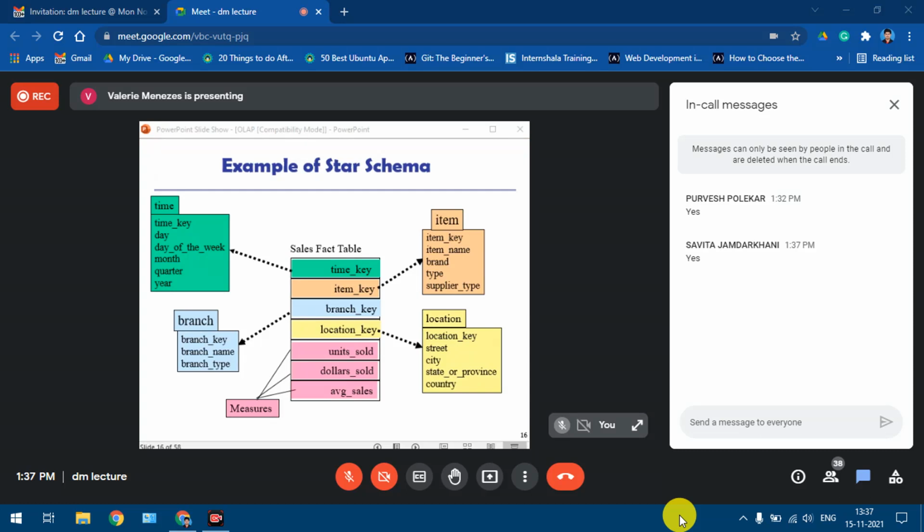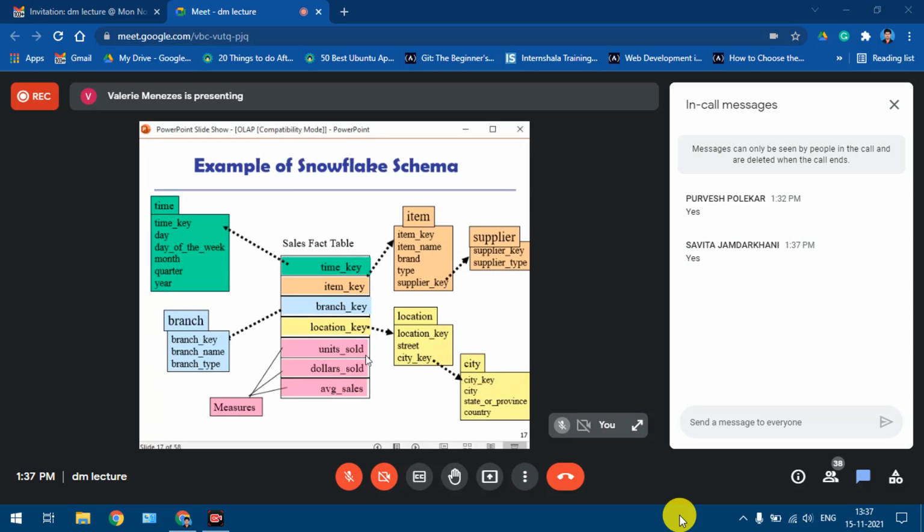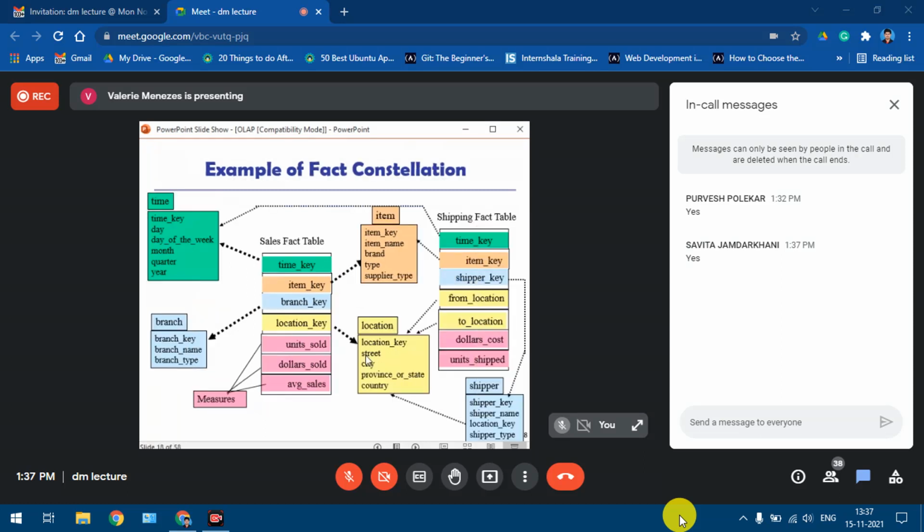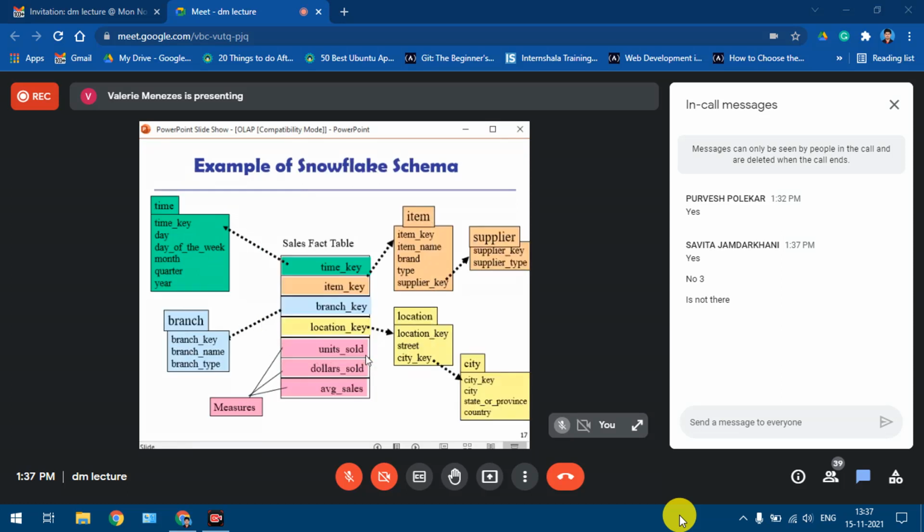Okay. Thanks, Savita. Yeah, I do remember this done. So, Savita, can you just confirm whether you have the star schema, snowflake schema, and the fact constellation schema? Do you have all the three schemas, Savita? Three schemas. The third is not there. Okay. This one is there.